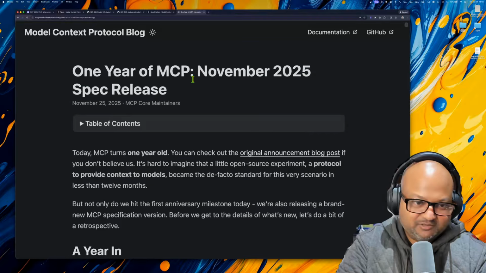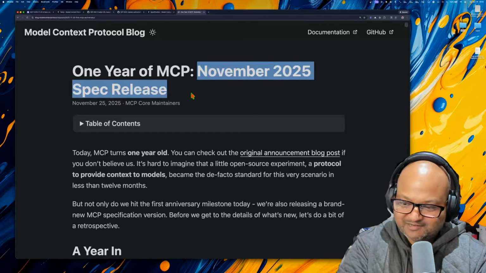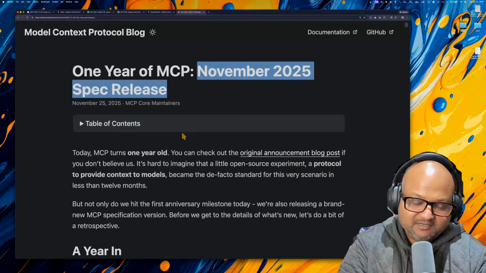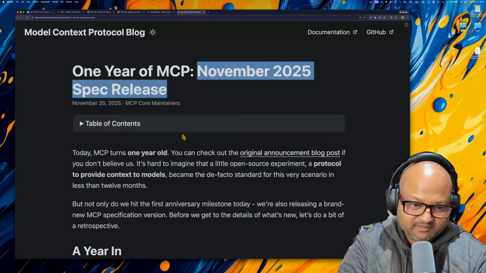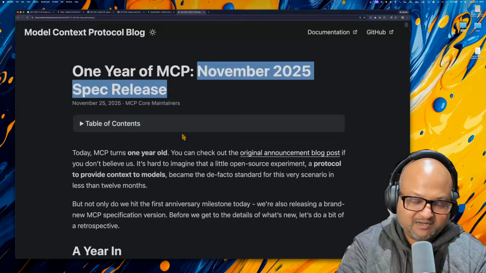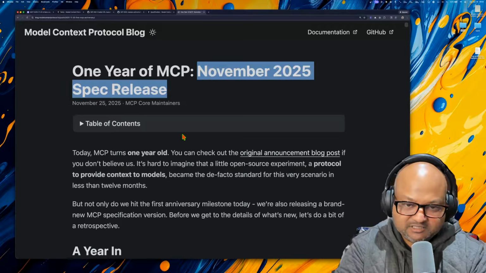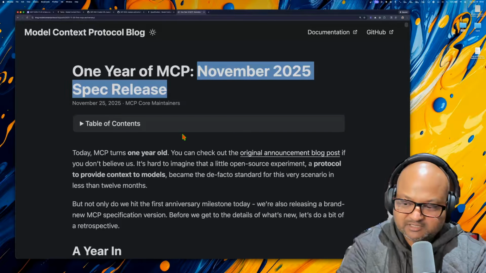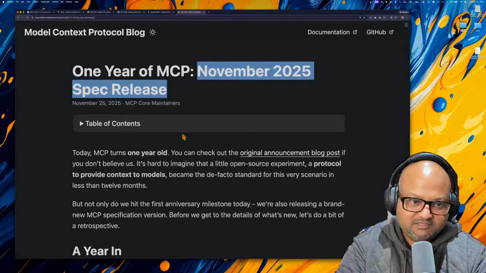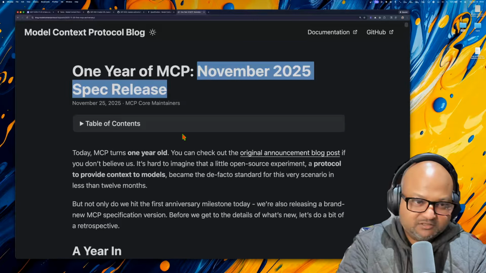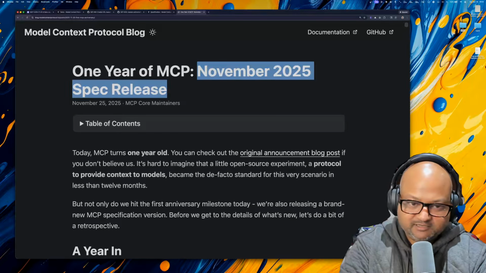So MCP was released exactly a year ago, and on their 1 year birthday, they released this spec update, and it has a number of very important updates, all with an eye towards making MCP more realistic, more convenient, more robust in production agent deployments. So I wanted to take a quick look at some of the big new pieces of functionality they have added